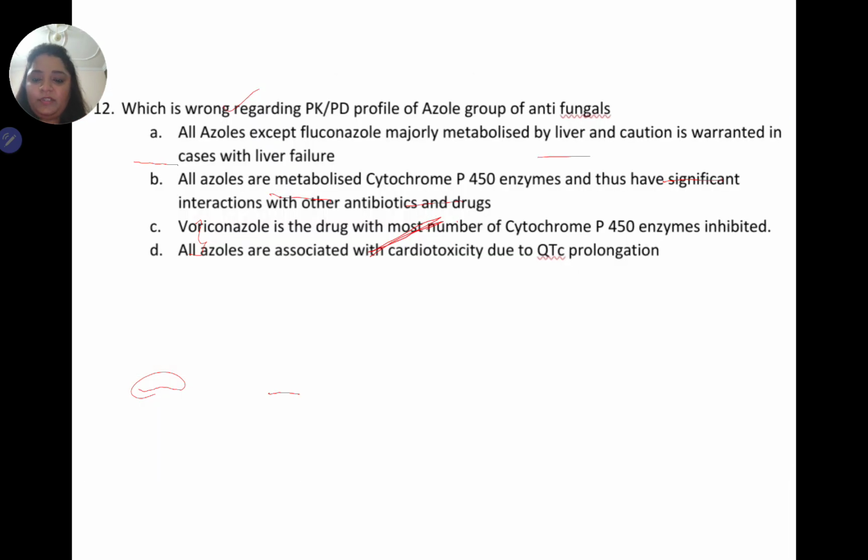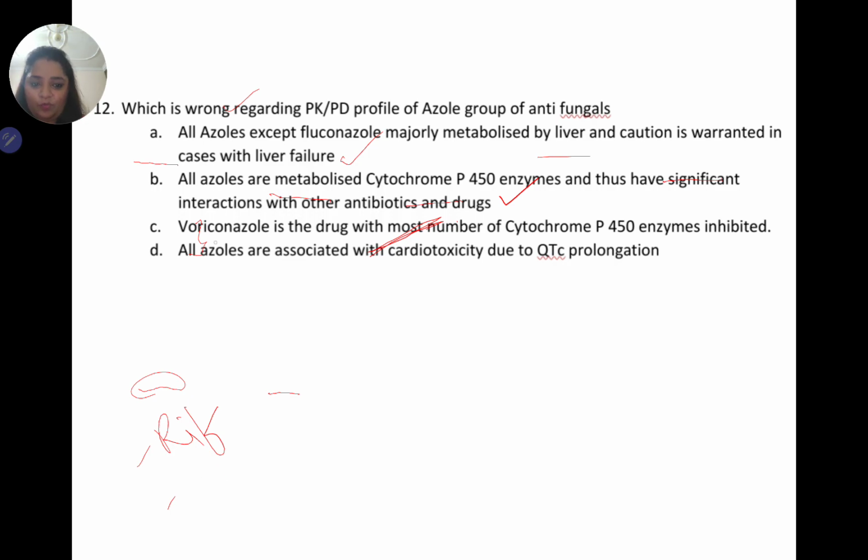So let's look at the options. All azoles except fluconazole are metabolized by liver, and caution is warranted when used in liver failure. Yes, true. All azoles are metabolized by cytochrome P450 enzyme and thus have significant interaction. Yes, because of the CYP inhibition, there will be a lot of interactions, especially with common drugs like rifampicin and your immunomodulator drugs,